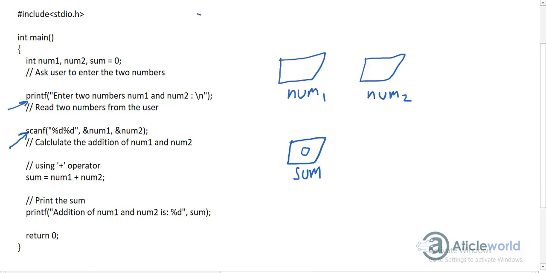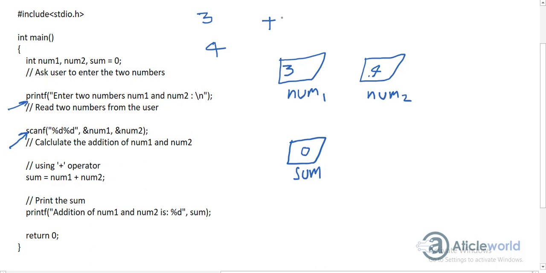Suppose the user enters 3 and 4. So 3 will go in num1 and 4 will go in num2.